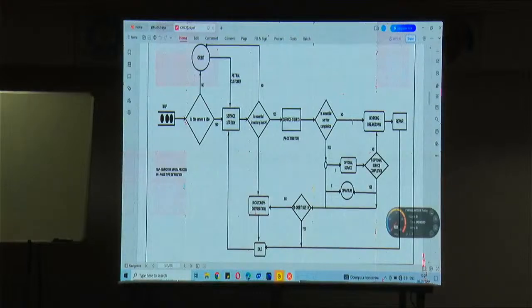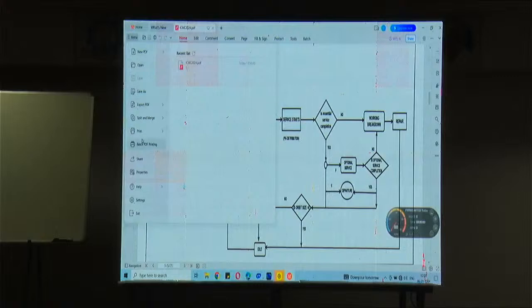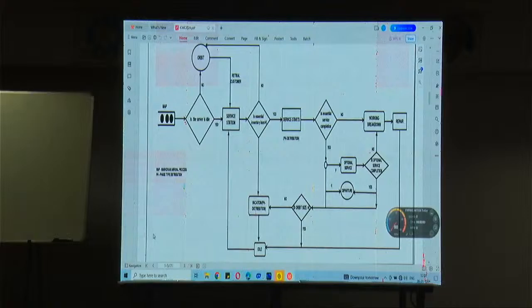In the service station, if the inventory level is greater than 0, the customer receives service. The server starts the essential service. If the essential service completion is yes, then with probability P the customer needs another optional service, and with probability Q the customer leaves the system. In the optional service, if completion is yes, the customer leaves the system. If no in both essential service and optional service,